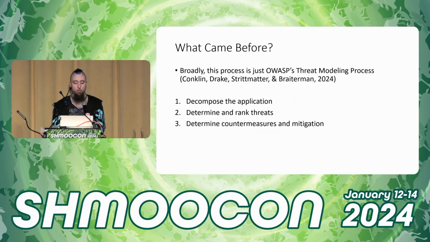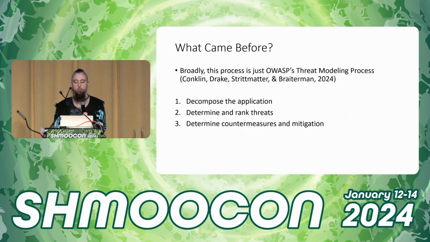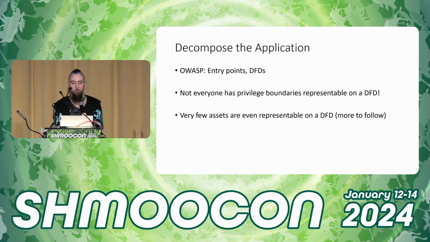So what came before? Well, broadly, this process is the same type of thing as the OWASP threat modeling process that is continuing to be published as of this year. Citation to it. My steps are basically the same as these steps. Decompose the application, determine and rank threats, and determine countermeasures and mitigations. Well, that's almost the same thing as asset identification, threat identification, and control identification. So, why don't we get started and try on the OWASP process for size and just see